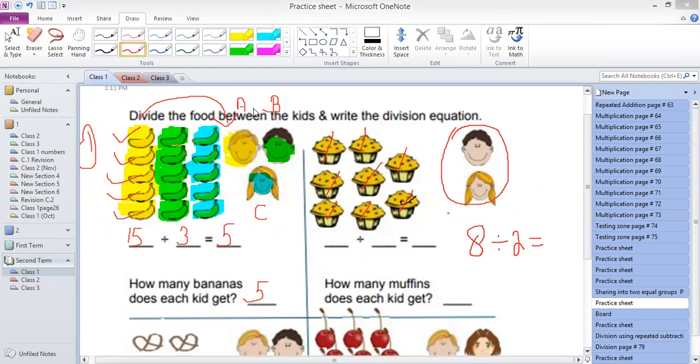4. Four cakes. Very good. You are saying 4. Let's check it. I am going to give 1 cake to each of them, okay? So this boy, I will give 1. And this girl, I will give 1. So 1 to this boy. I have given this cake to a boy. And I'll give 1 to the girl.